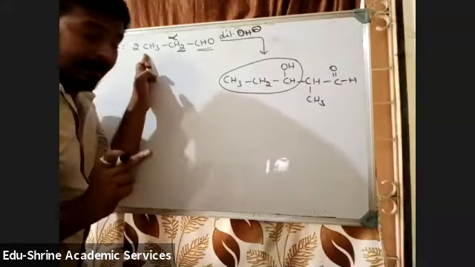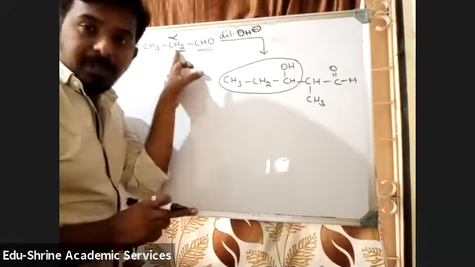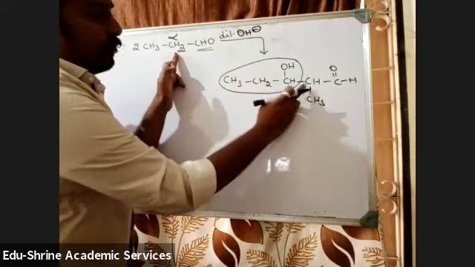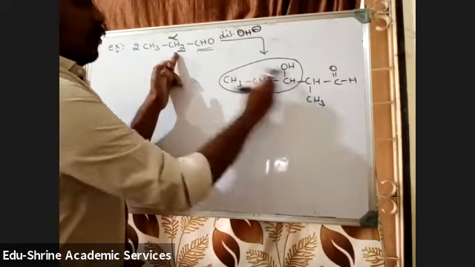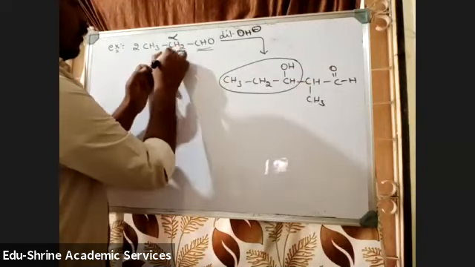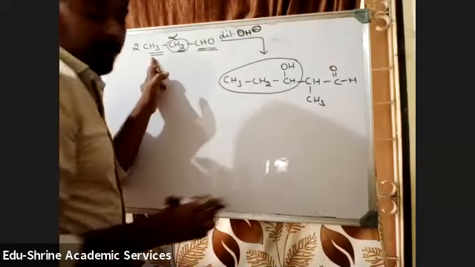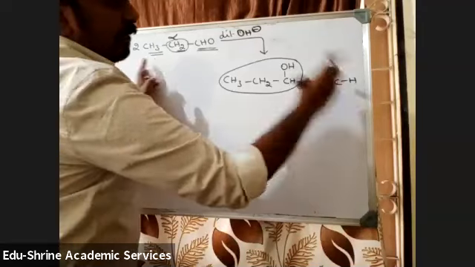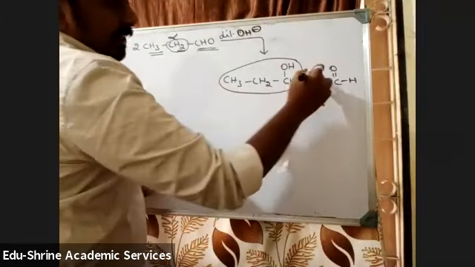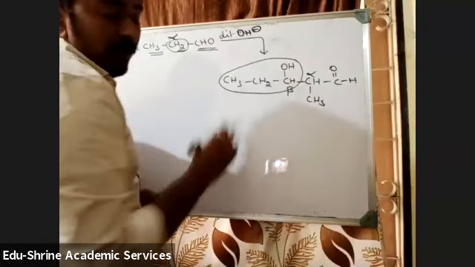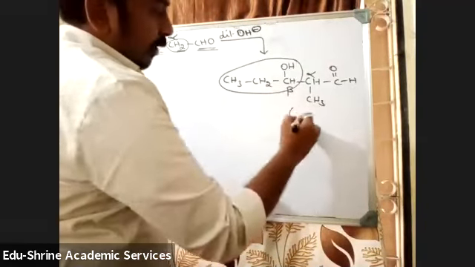This is the alpha carbon atom. From here you will be getting a negative charge, which will be attached to this carbon atom. So CH2 becomes CH. To this CH2, you can see one side there is aldehyde, one side there is methyl group. So this is alpha and this is beta. So at the beta position, you are having an OH group. So this is an aldol.